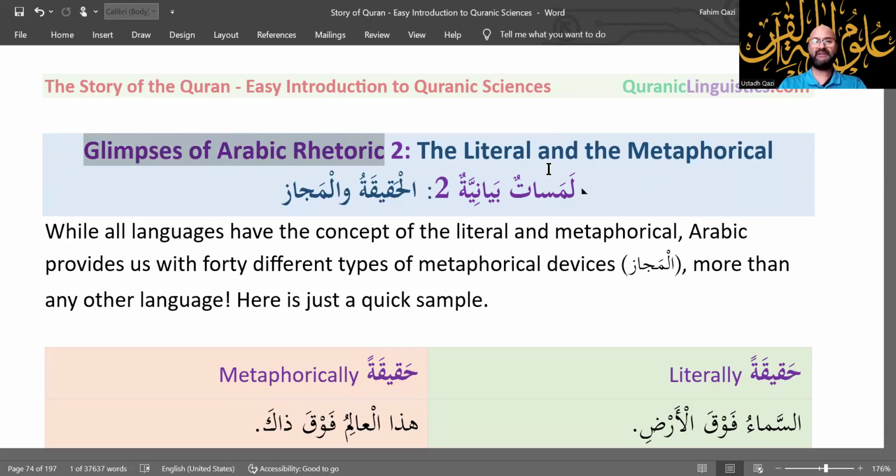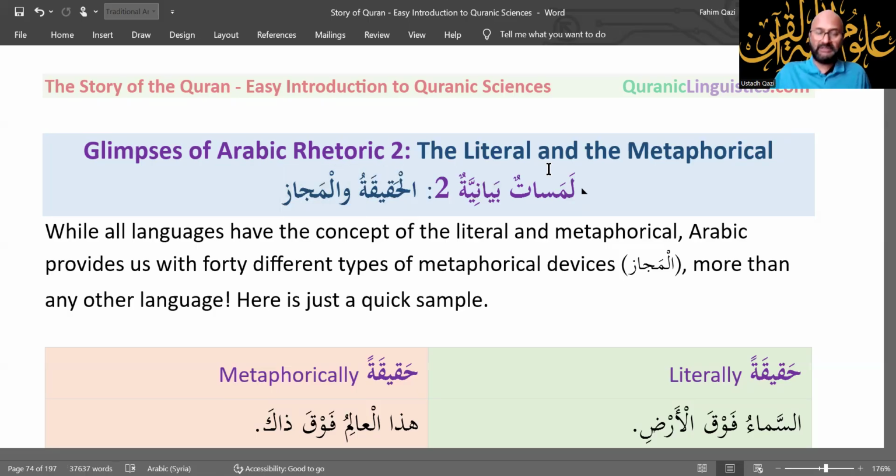Glimpses of Arabic rhetoric, the literal and the metaphorical. لمسات بيانية. ثانيا الحقيقة والمجاز. Lamasat is plural of lamsah. Lamsatun means to touch. We're doing rhetorical touches, bayaniya, focusing on al-haqiqa, which is literal, and al-majaz,